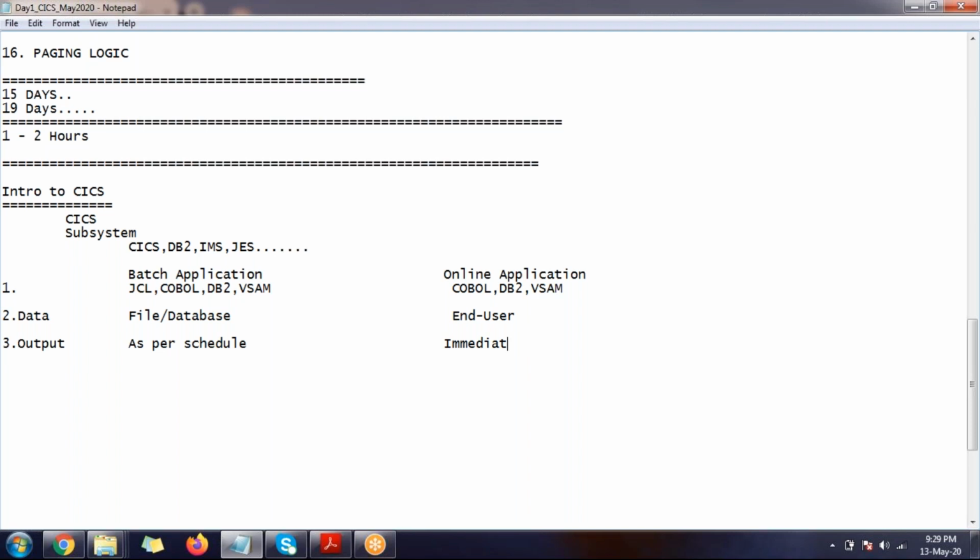Immediate output will be there. So what other points can we add here? One is data, and the second one is output.